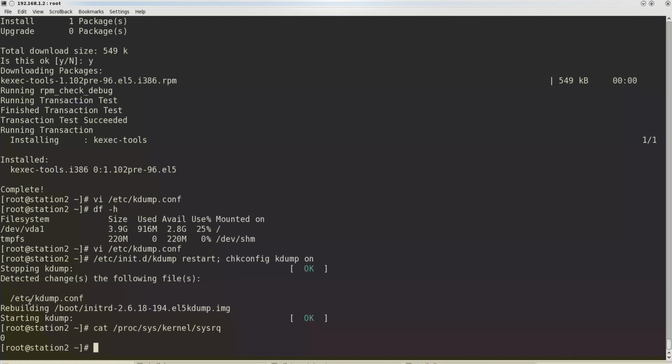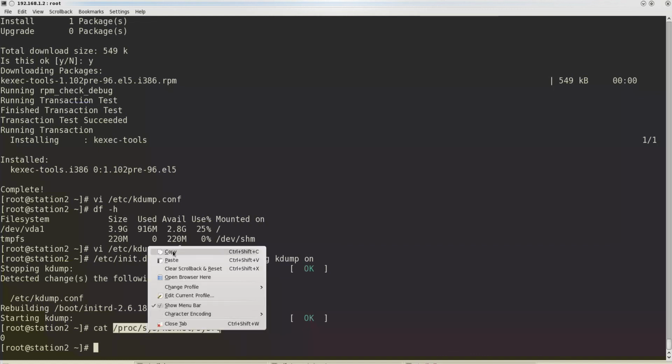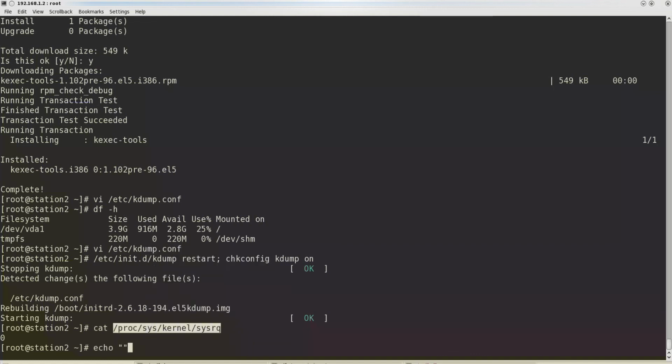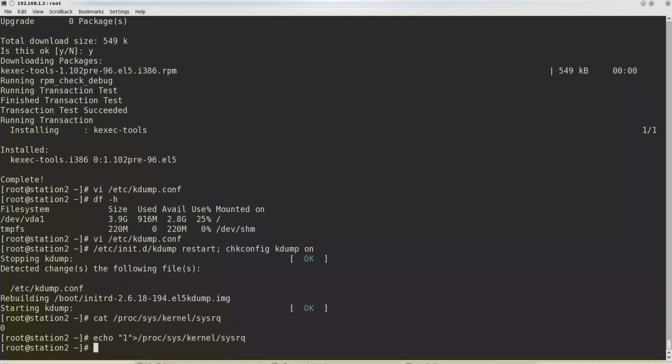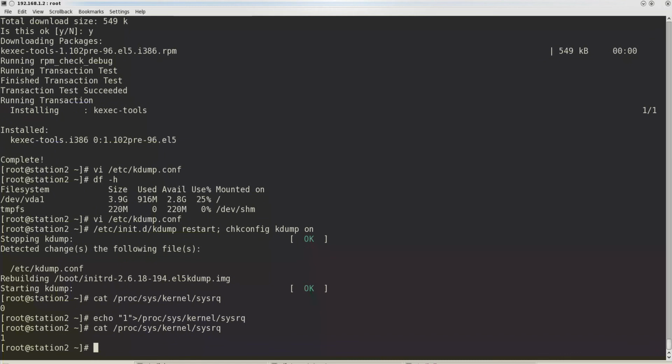Second thing is we should confirm ourselves that no one is using the disk, because as soon as we crash the kernel, the application is going to get crashed. So we should assure ourselves that everything which is in disk buffers should be written to the disk. This can be done through triggering sysrq with s.